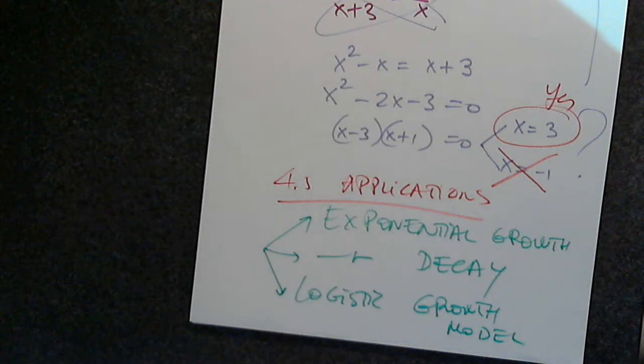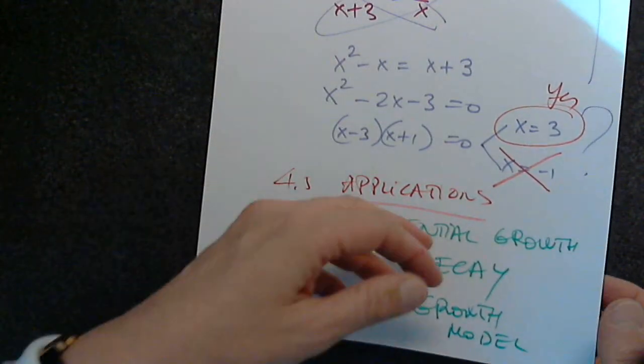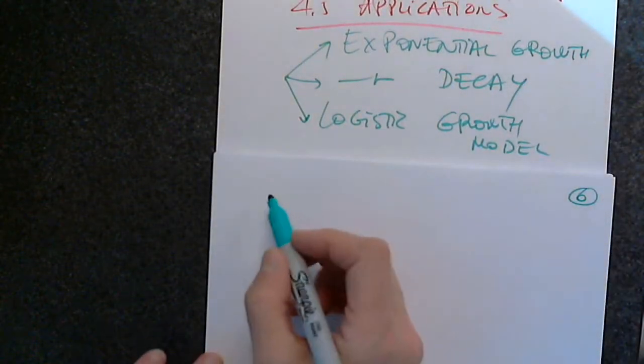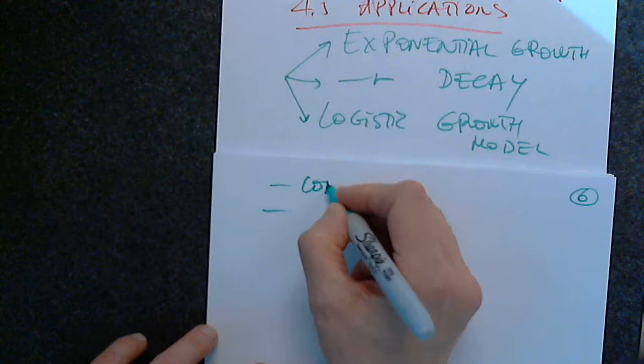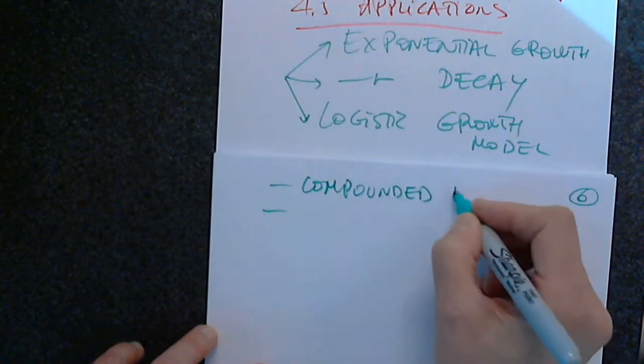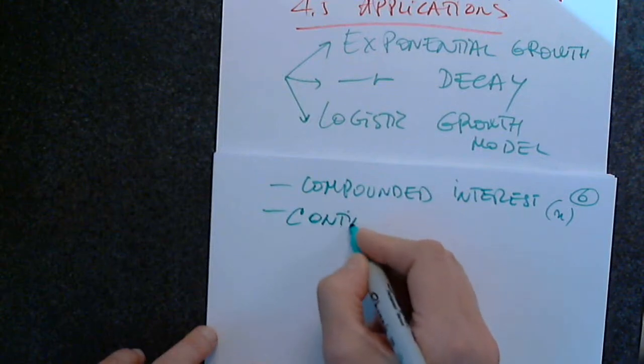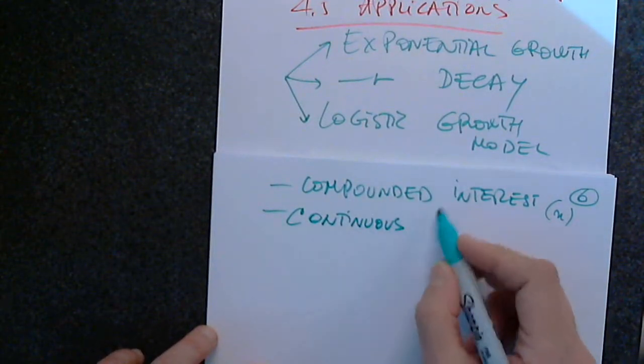Of course, I should add what we already discussed in section 4.1. What was it? Interest compounded n times a year, and the continuous compound interest. So we could add those two to the list of three. Interest compounded whatever per year, and the continuous compound interest. So we can add those in here. So let's say two more. Compounded interest, n times per year, as we know. I'll put it in parentheses. And continuous compounded interest,